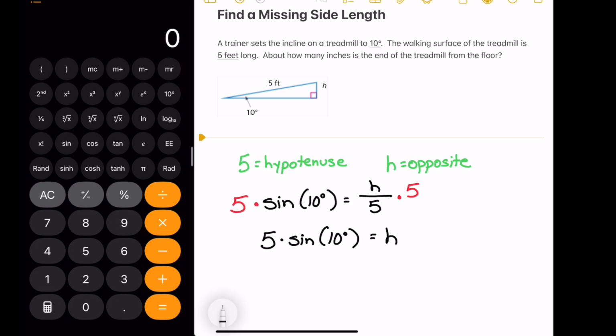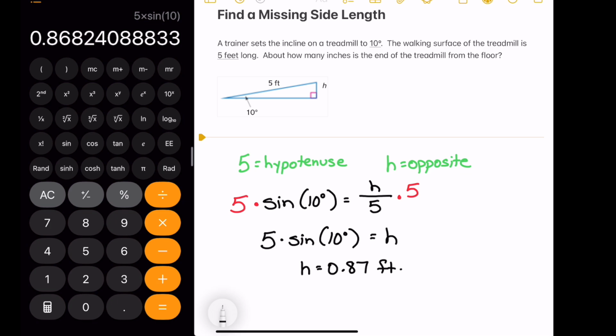So in our calculator, we'll just type 5 times sine of 10 degrees, and that is going to be 0.868. Let's go ahead and just call that 87. And the unit that we're dealing with here is feet. So our answer is going to be 0.872